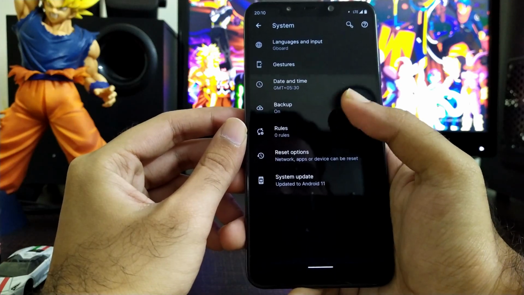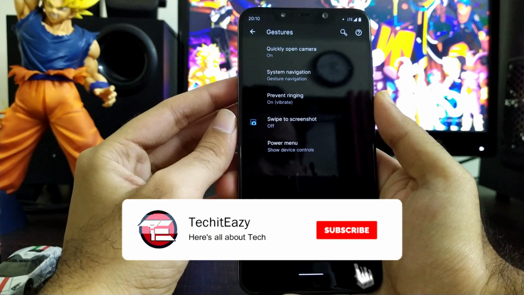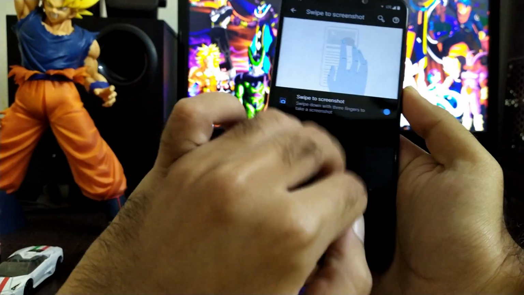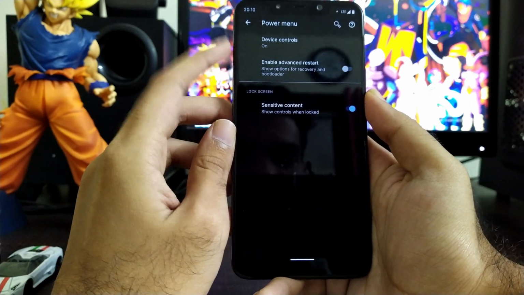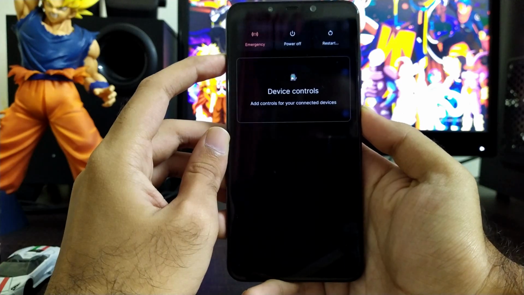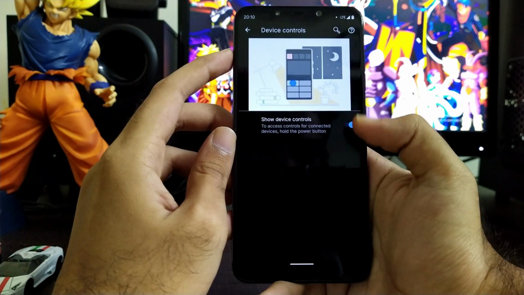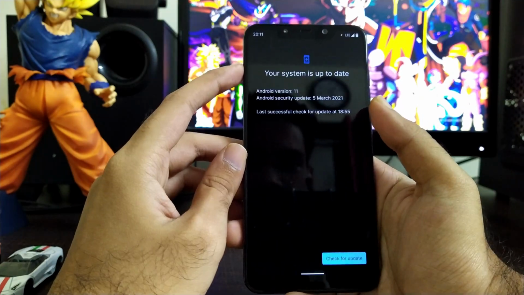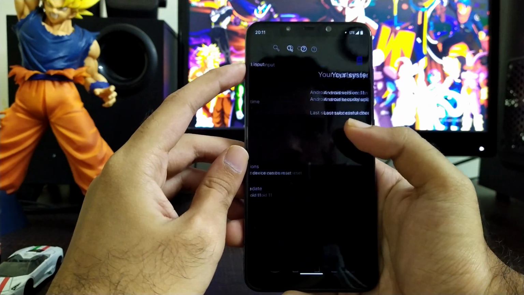Moving to the system, you will get gestures and all the other options such as the three-finger gesture screenshot option and all the generic Android 11 options. You will get other options such as power menu customization, device controls, etc. The Android 11 generic and other system settings are all available in the ROM itself. The ROM is also packed with a system update, so you will get OTA updates, and you can download and just flash them.